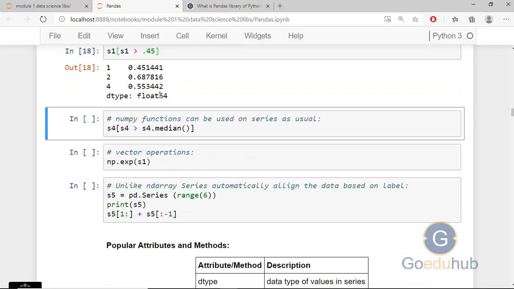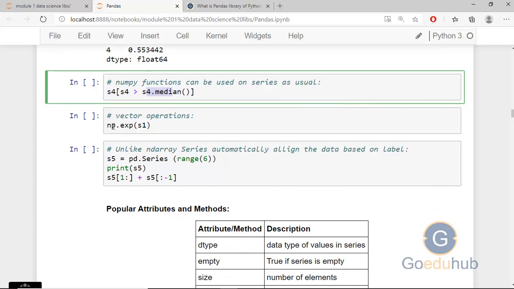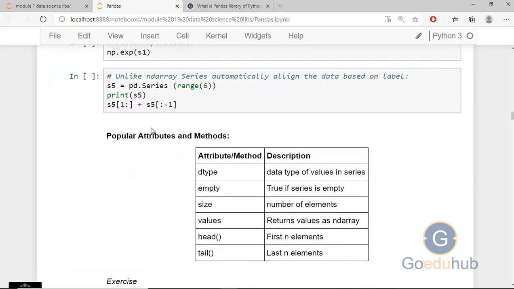Then you can see I'm getting only 3 values. And I can also calculate S4.median, and then pick the values which are greater than the median value. Okay. And this is a simple exponential of the S1 series, and you can create a series and then do some calculation over this.